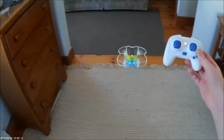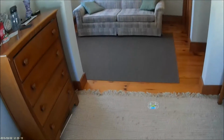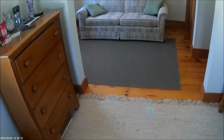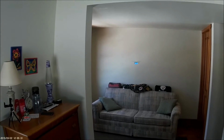You can see that's a hands-off hover there. It's pretty stable, a little twitchy on the throttle. It's hard to find where it wants to stay, but I'll do a throttle punch here. You can see it has a decent amount of power, not quite as much as the CX-10, but the prop guard holds it back a little bit. As you can probably tell already,